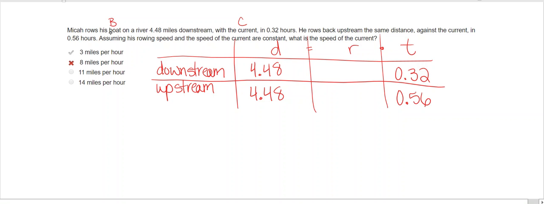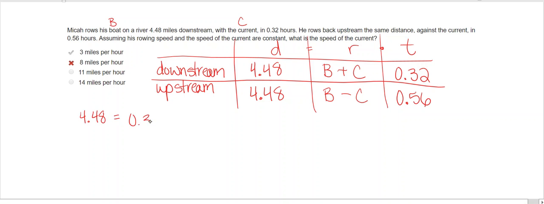So again, downstream, you're going to be traveling faster. So it's the boat speed plus the current. Upstream is going to be harder or slower, so it's the boat speed minus the current. So the reason why this one gets so ugly is because of these decimals, but it's still distance equals rate times time. So 4.48